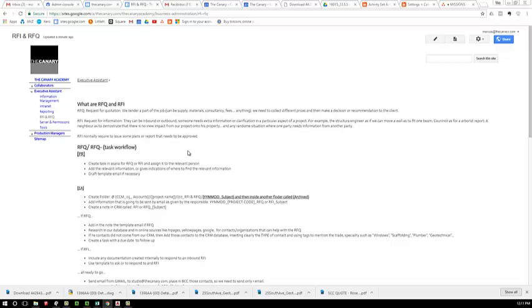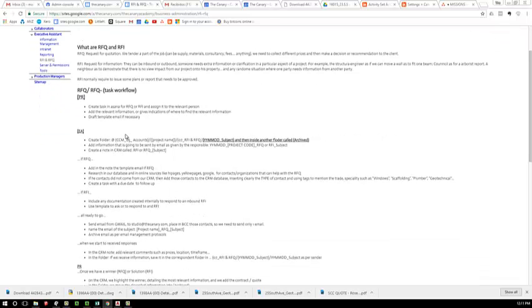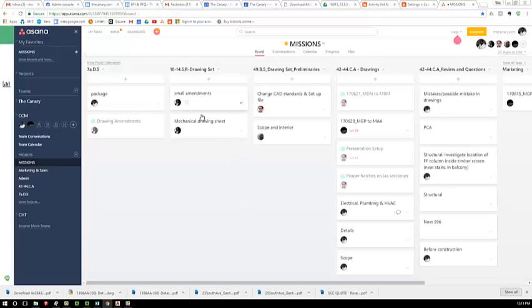Now, this workflow at this stage is a bit mixed, but little by little we're going to improve it and get it right. So basically, the person responsible for the project, the PR, will create a task in Asana. So I'm going to create, let's say,